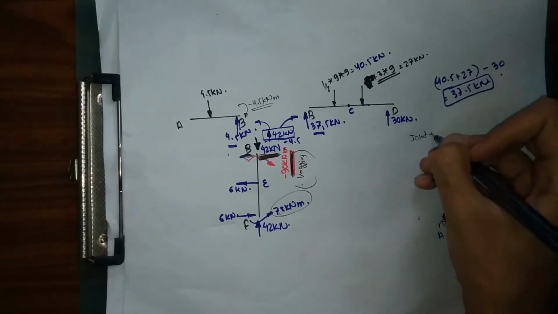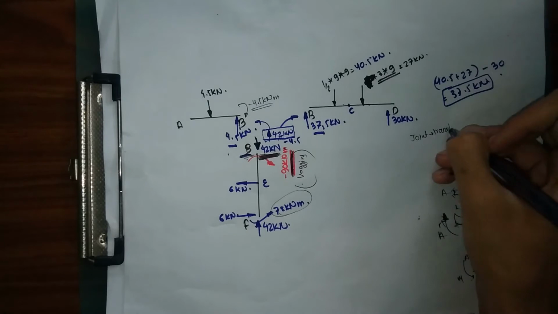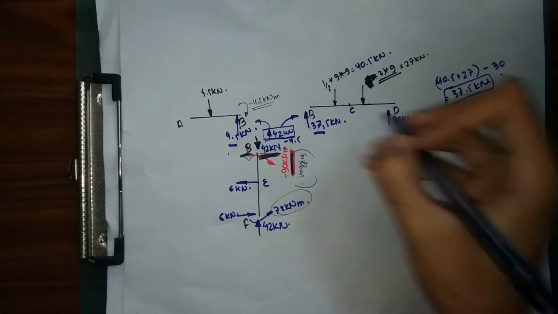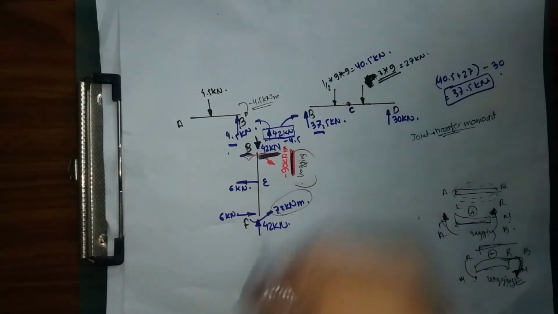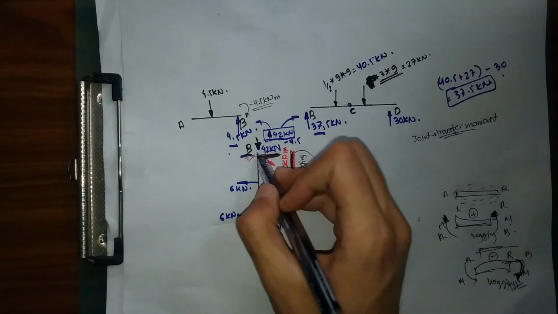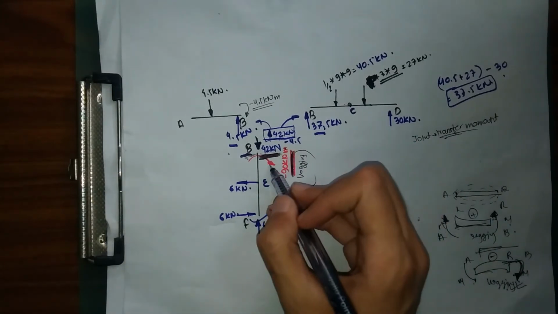Joint transfer moment is a very important point. Our hinge does not support moment. This is our point C. This hinge is not going to transfer our moment, but our joint B is going to transfer our moment. So right now, as you can see here,